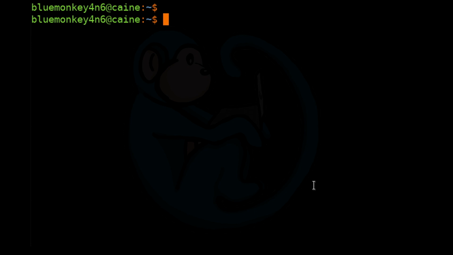So I'm going to do sudo tcpdump -i for interface, and then specify enp0s3, our Ethernet interface. And I'm going to filter for anything involving our machine at 10.0.2.12. So I'm going to type host